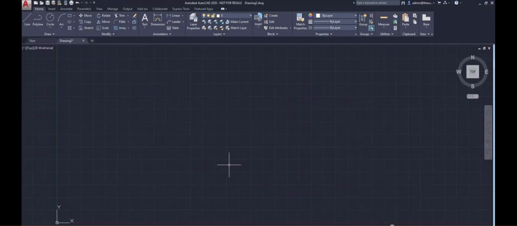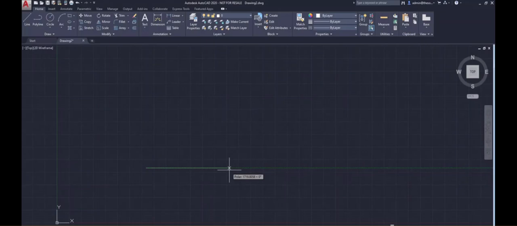Now let's talk about making the first set of drawing, and we'll do that using the line tool. You can click here to select the line command, or you can also use its command alias L. So I'll type L and press enter to start the line command. Now we need to start from a point. As you can see here, the instruction says you need to start from a point. So I'll just click here, and now I'll move my cursor to the right. When you do that, AutoCAD will show you this tooltip on which you'll see the approximate length of the line. In this case, it's